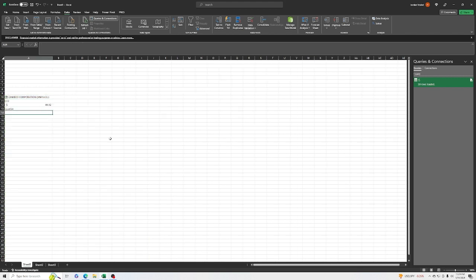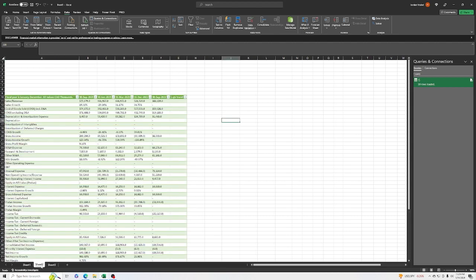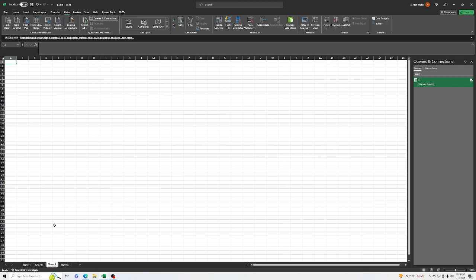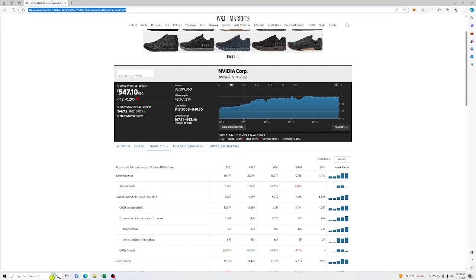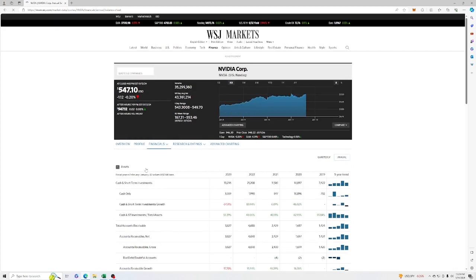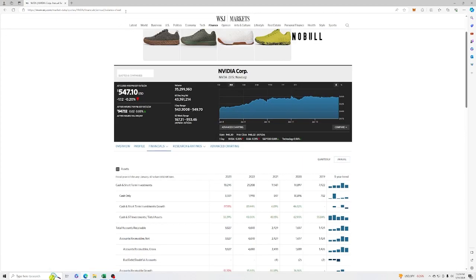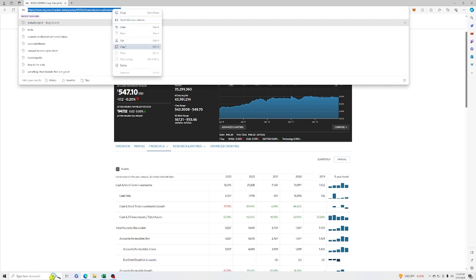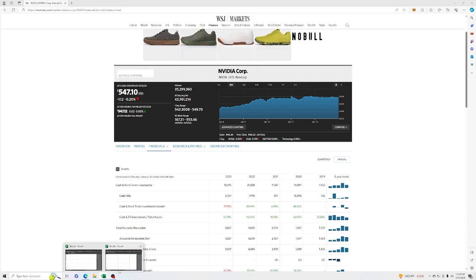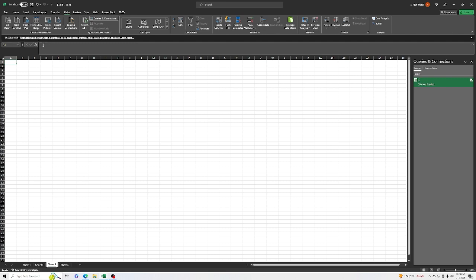And this can work pretty much with anything. When you do balance sheets, for an example, we'll go back to our Wall Street Journal. We'll go to financials and balance sheet. This will display two tables. So when I get the URL for the balance sheet, we're going to go back to our Excel, go down